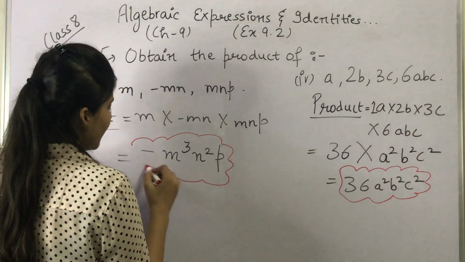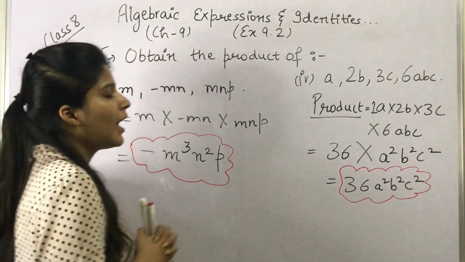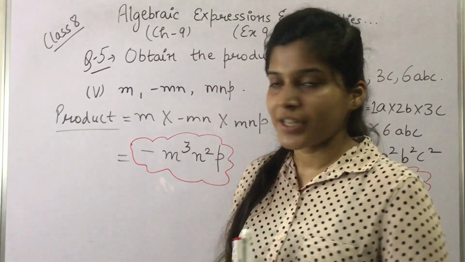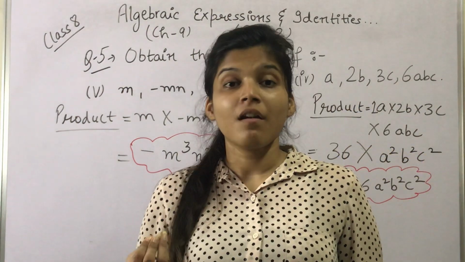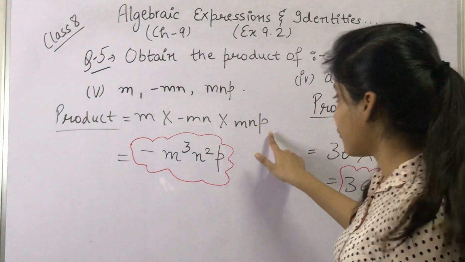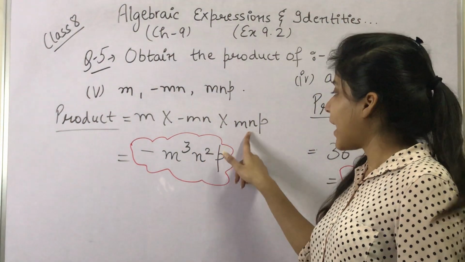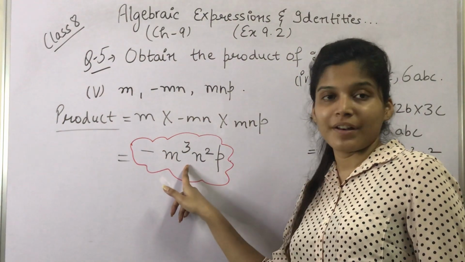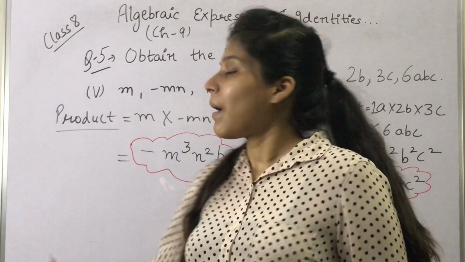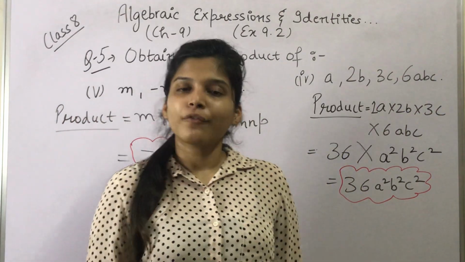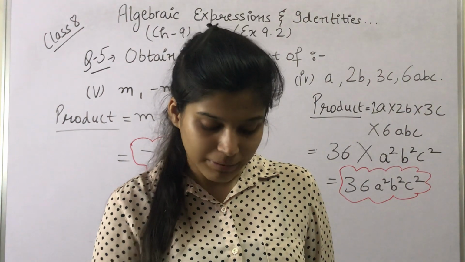So this is the answer. This is the product of m, minus mn and mnp. ठीक है? That is minus m cube n square p. ठीक है? क्योंकि p तो 1 टाइम ही था, n 2 टाइम्स है तो n to the power 2 and m 3 टाइम्स है तो m raised to the power 3. Okay? So this was our part number 5 of question number 5, and with this question we have completed our